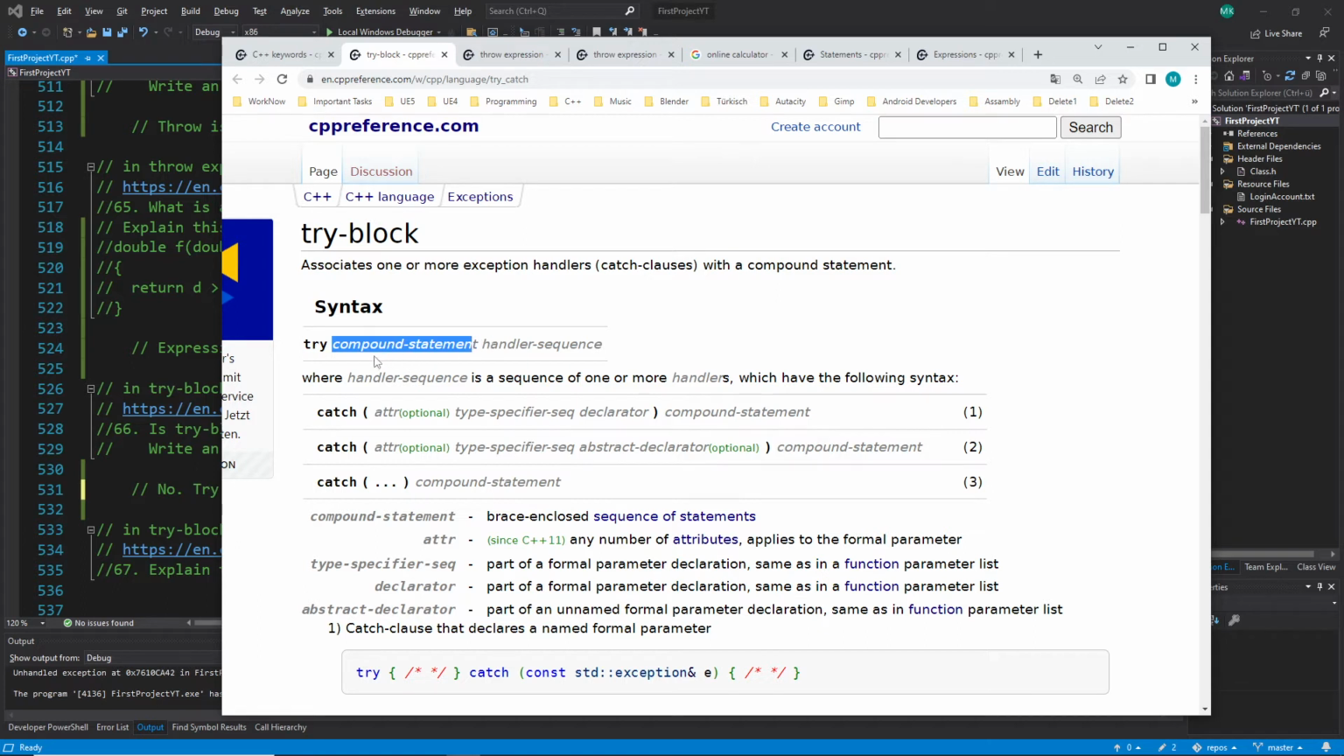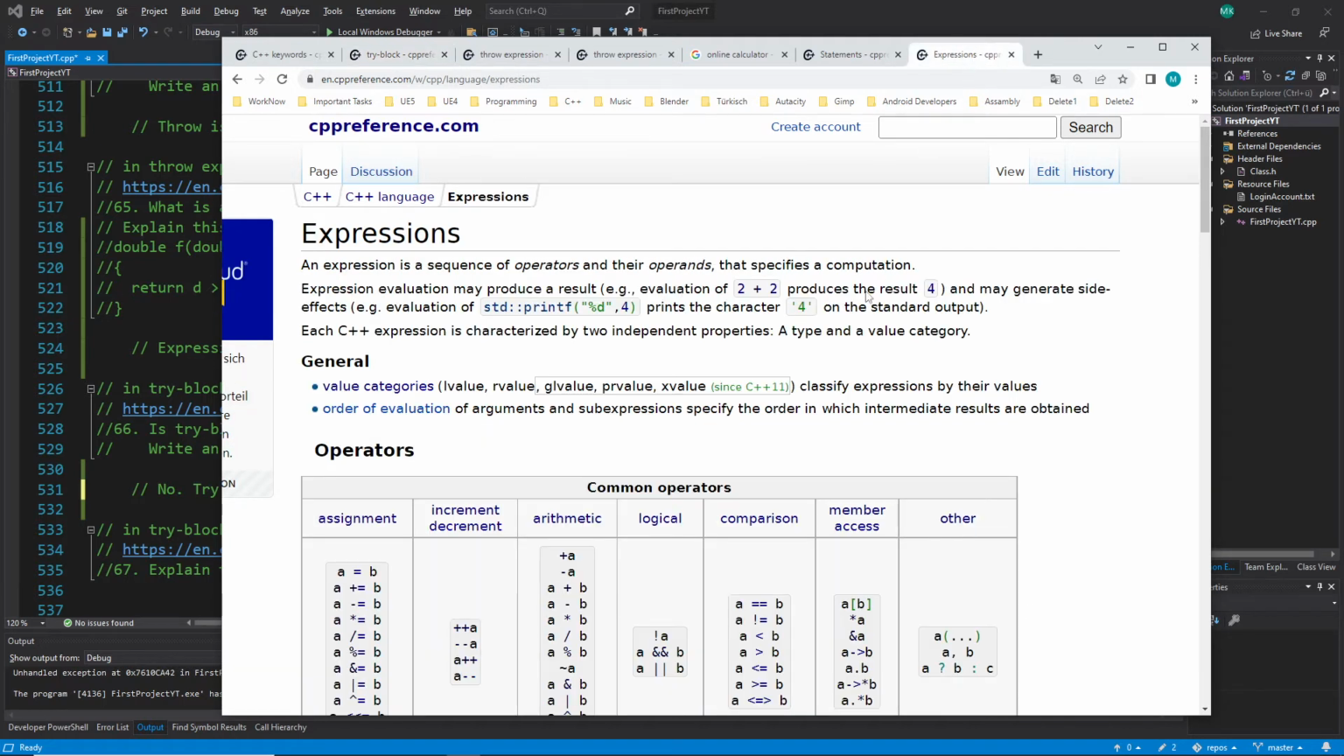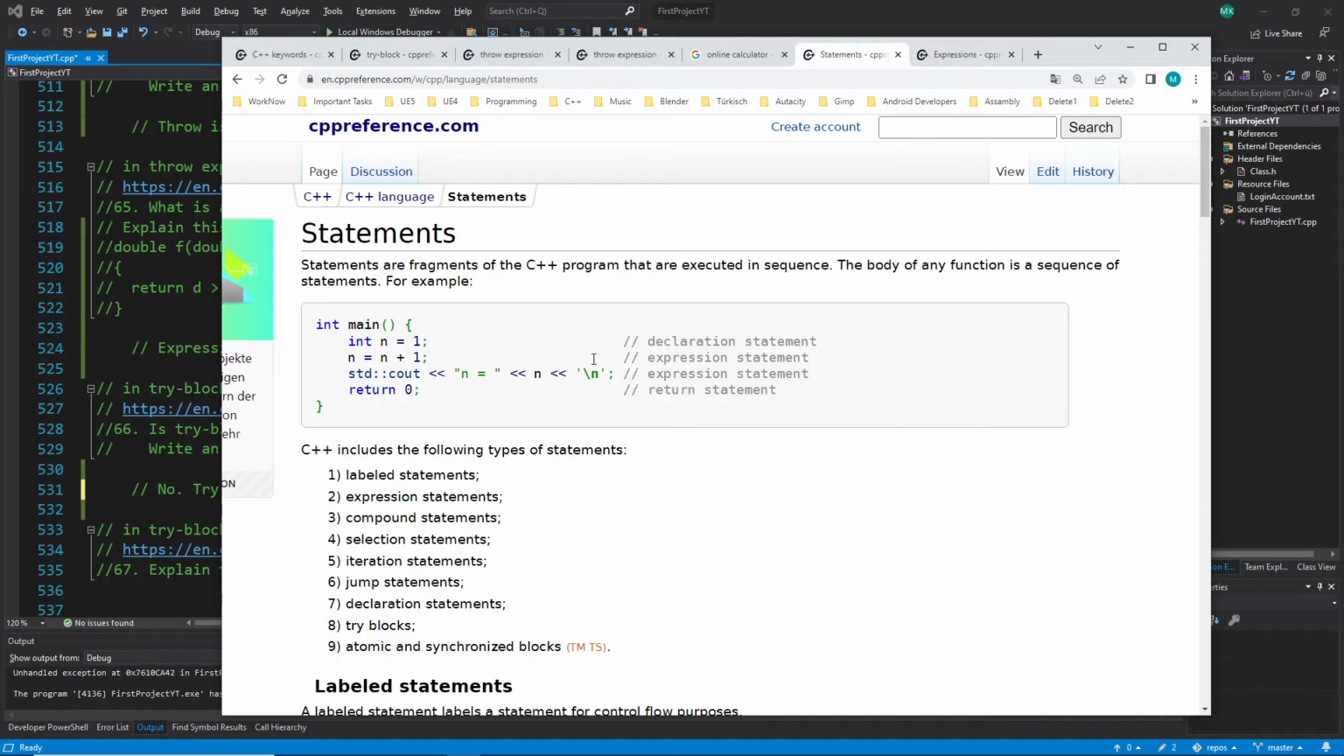What is a compound statement? I make it now very short. Of course you should read here statements. Here, no, this is expression. Here are statements, and you should read here what statements are, and you will see statements are more or less